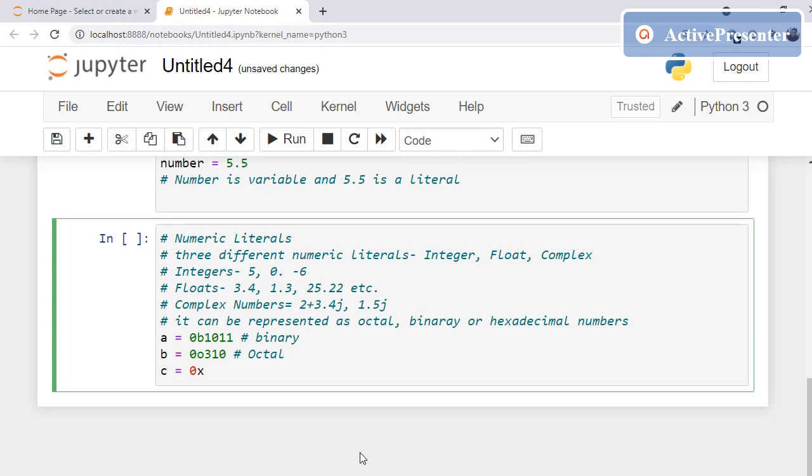So 0x hexadecimal number, for example 12ce. Hexadecimal goes up to a, b, c, d, e, f.